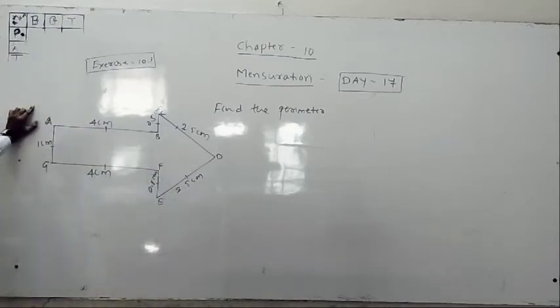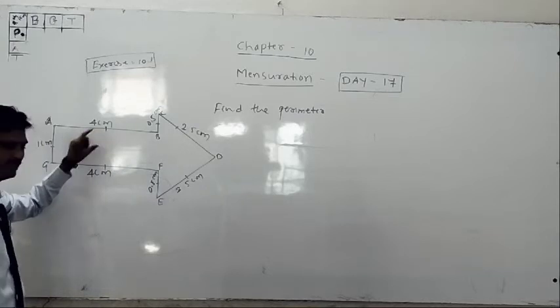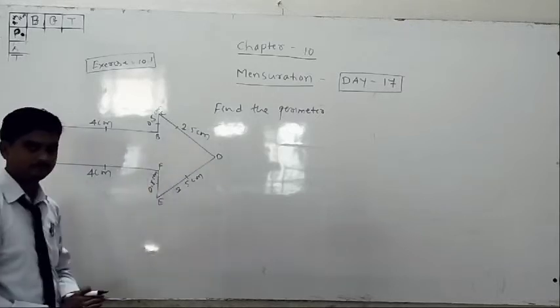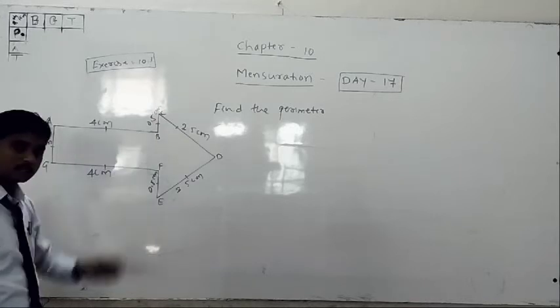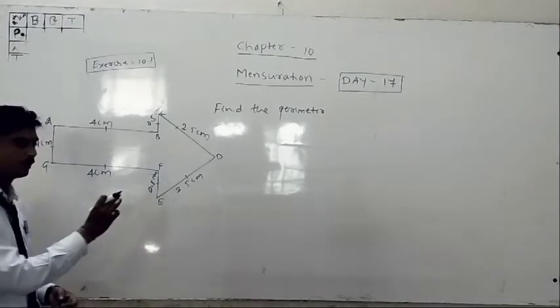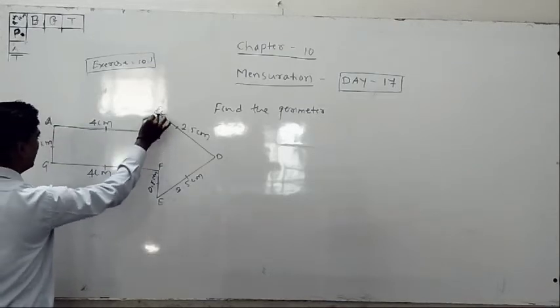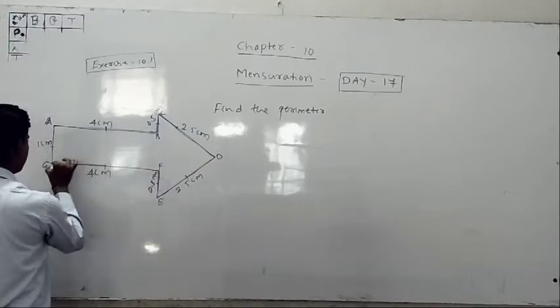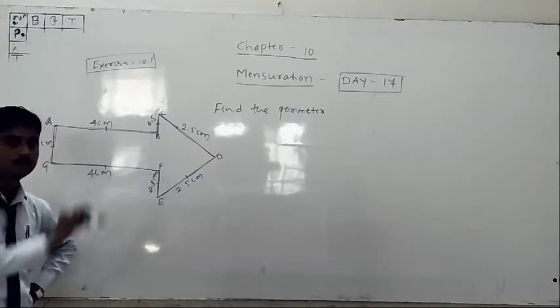Then you have to write here A to B. How much length is there? 4 centimeter. It is very easy. All is here only; you should collect and write that. They have given the measurements and corner names inside the figure, but you have to find and write. We start running from here, join this way, run upwards, and come back to the same place. Then how much distance we cover, that you should find.